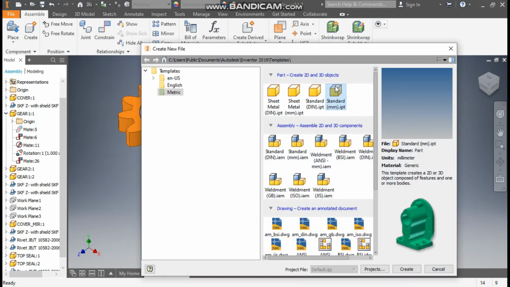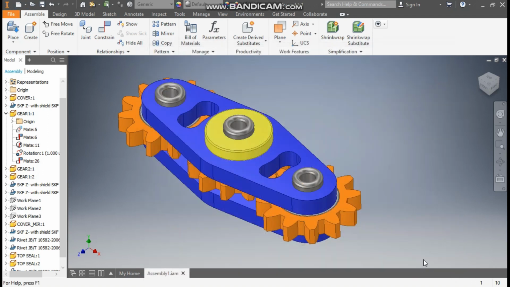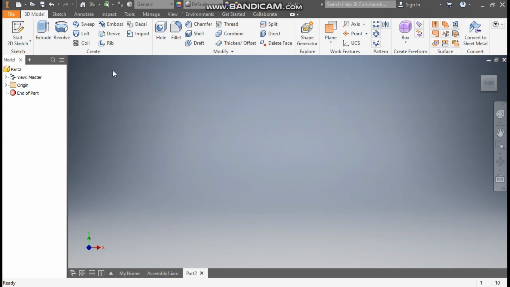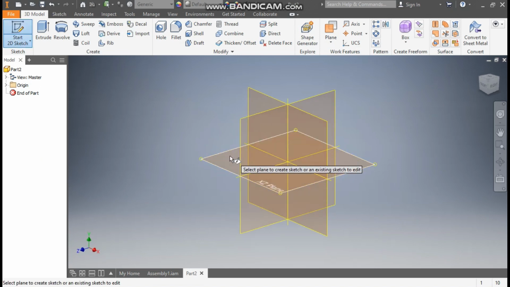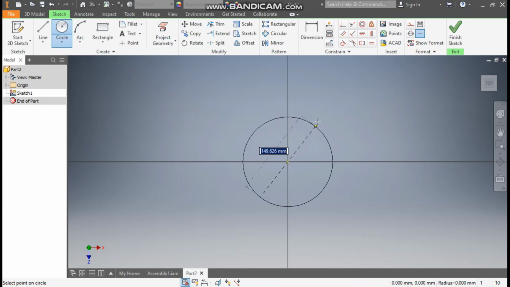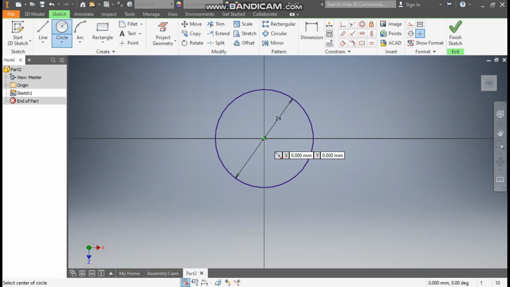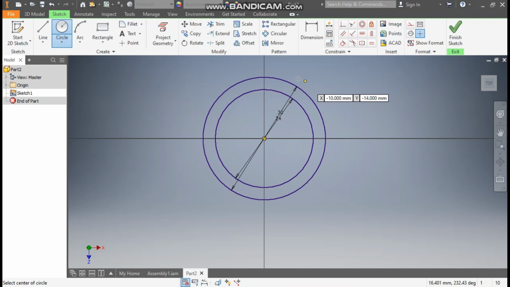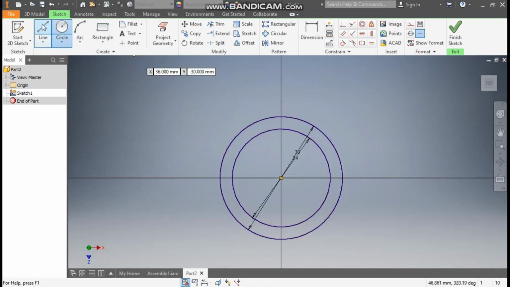Go to new, take a standard part in millimeter and go to create. First we are going to make the gear profile. Go to 2D sketch, select the top plane, the XZ plane, rotate the view. Take the circle command from the center point, make a circle here of diameter 24, zoom in and from the same center diameter 30. Okay, now go to line command and make a line here, escape, go to dimension, first point